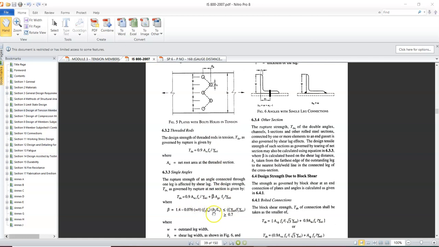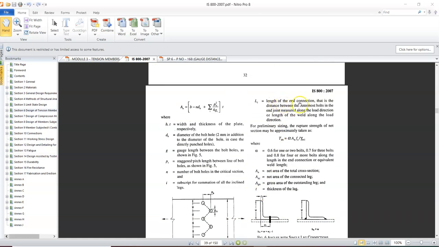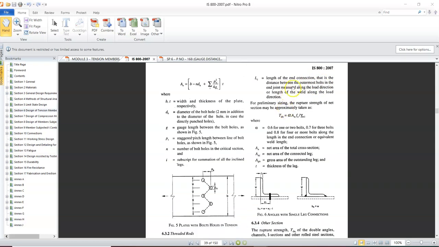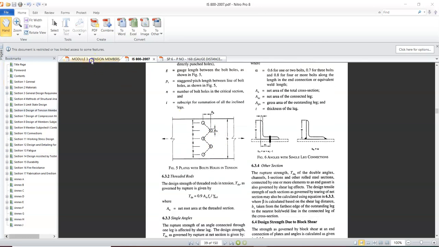Length of the connection, that is the distance between the two outermost bolts. That is LC, the length of the end connection, the distance between the two outermost bolts along the direction of the load, which is also shown in our calculation. With that, you have to calculate